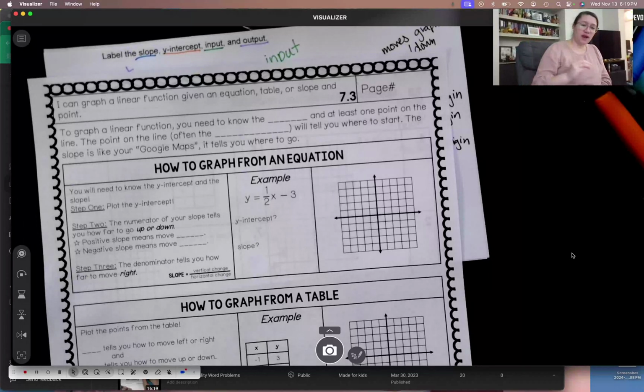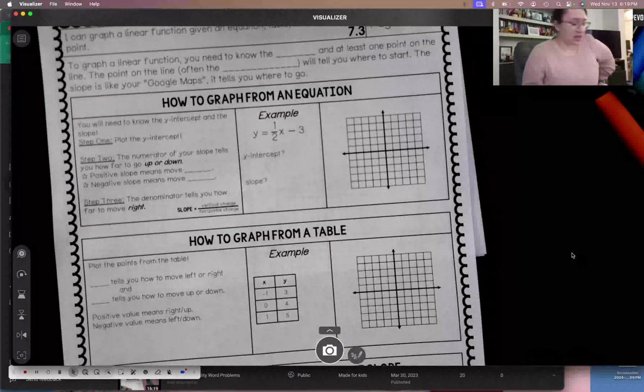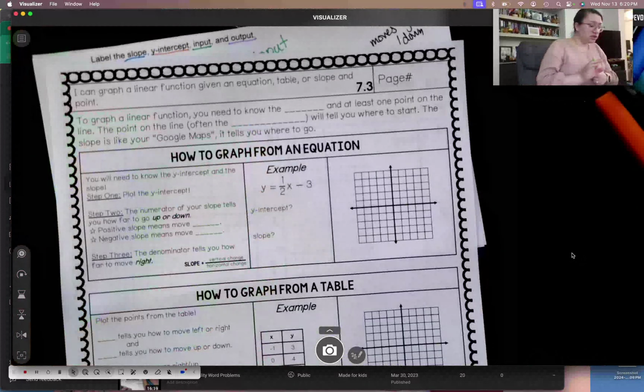Now we're going to talk about graphing that information that we just learned about in our equation. Why is that important? How does it help us? How does it connect? That's what we're going to do now. To graph a linear function, you need to know the slope